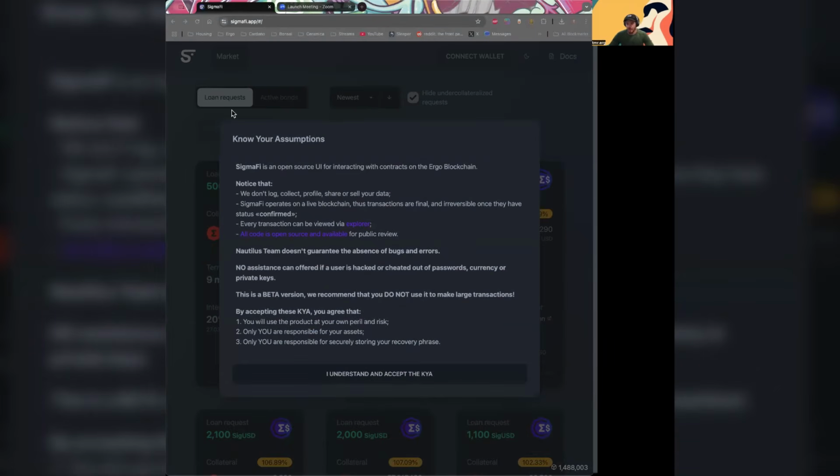All right. So whenever you open up SigmaFi, this is important. This is not terms and conditions. Don't just click accept, right? Read your assumptions, know your assumptions, and you can check. You can look in GitHub and see what all this stuff is. And if you don't understand, you can talk to the people in the community about how it works and how to evaluate this. So every time you see this, don't just click past it, but think about it. Yes, I'm taking responsibility for this bearer asset that I have, and I know that I'm using the product at my own risk and I'm responsible for what happens.